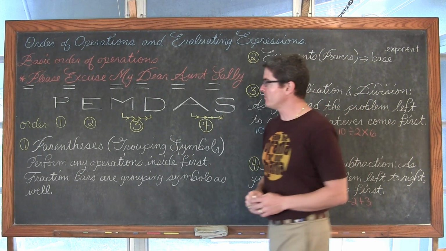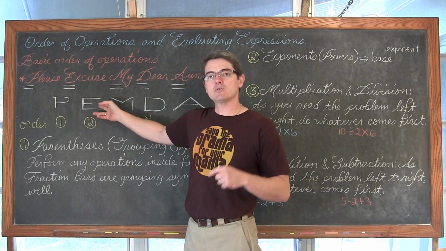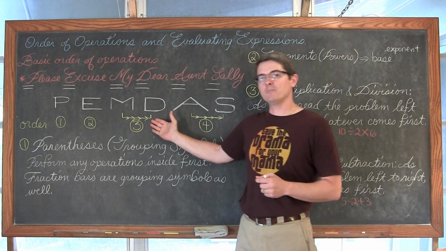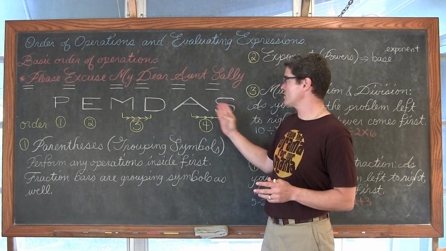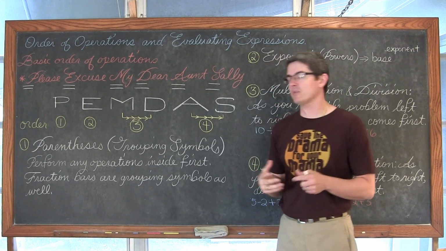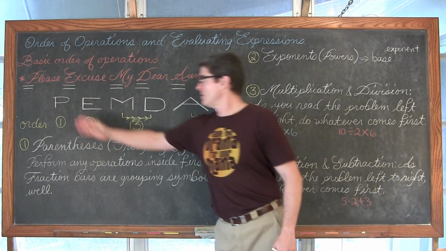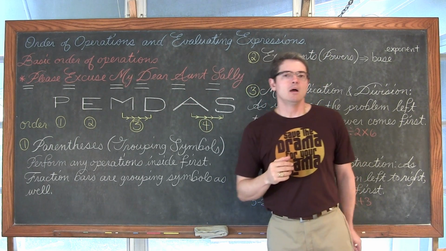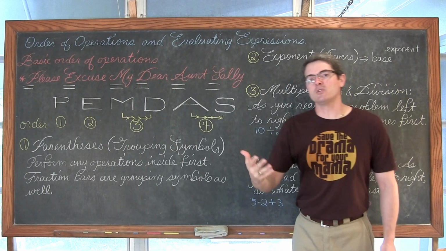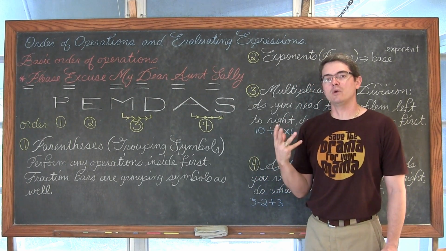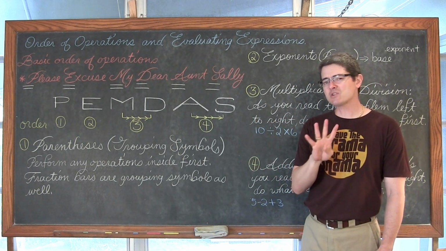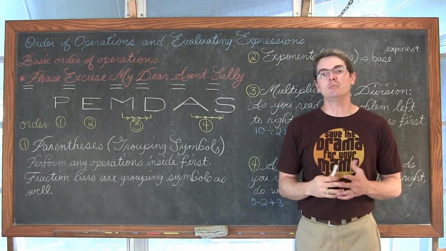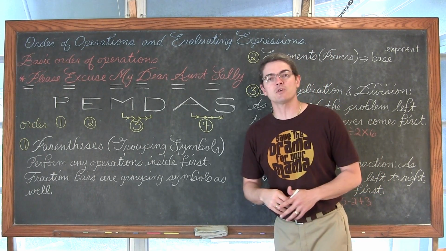And what that tells you to do is we're going to do parentheses, exponents or powers next, multiplication and division. You can see I have underlined here that they go together. And then we have addition and subtraction. So you see this PEMDAS and you see, okay, well there's 6 basic math operations: parentheses, exponents or powers, multiplication, division, addition, and subtraction. Well, there's really not 6 levels or 6 steps that you take when you do basic order of operations. There's actually only 4, and that's what this here at the multiplication and division and addition and subtraction is what too many students and adults even sometimes forget.